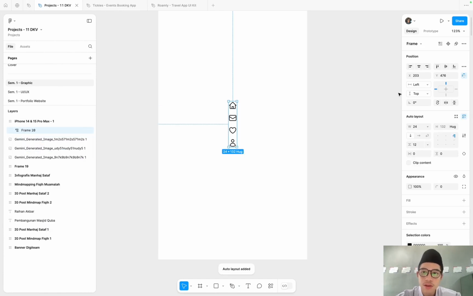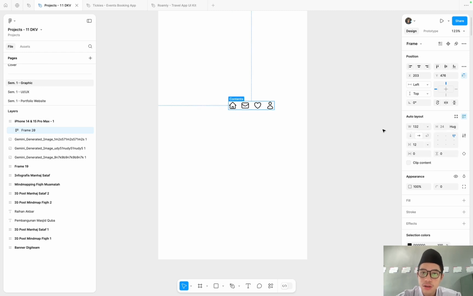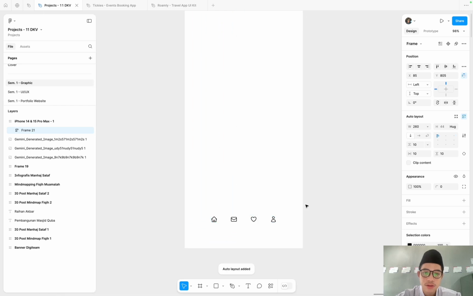Gonna give them auto layout. Okay, and then the width, hug. All right, give a spacing. Okay, give a name, navigation bar.